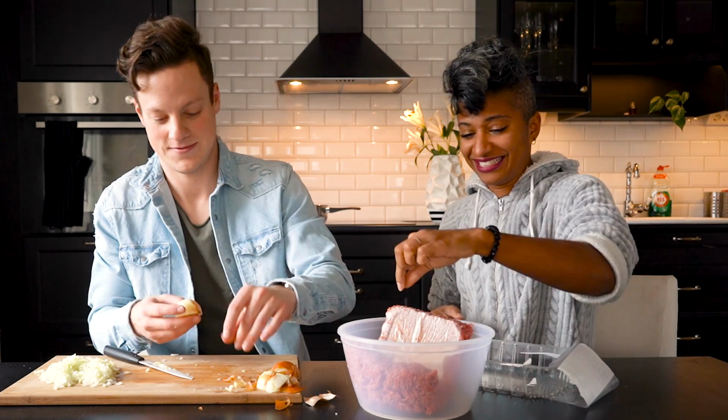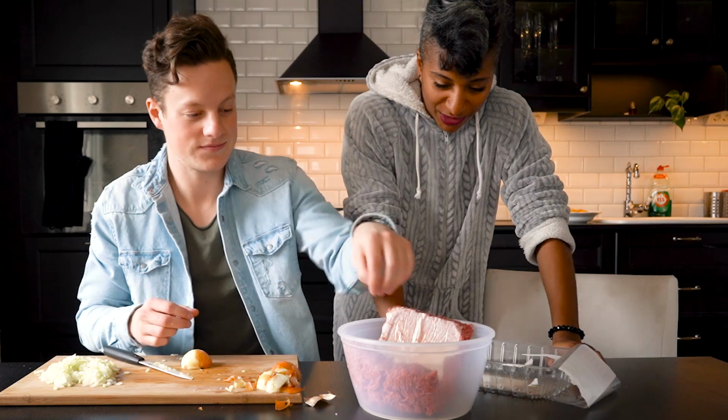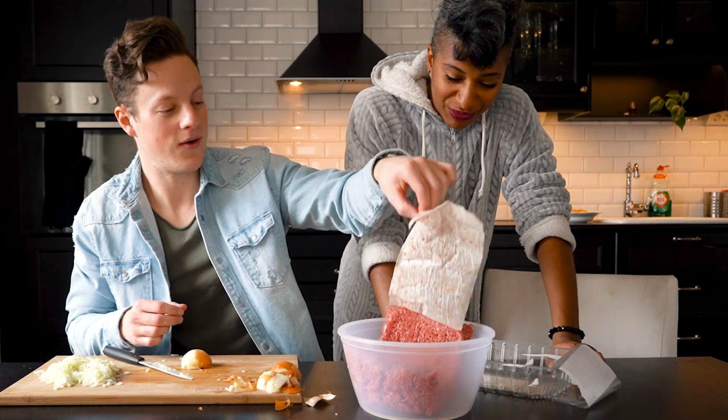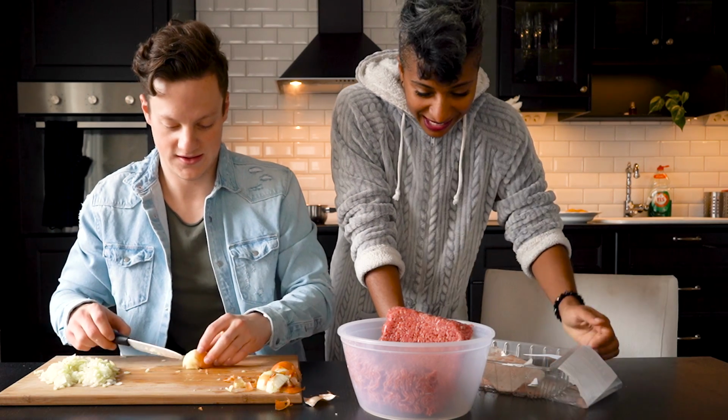Ooh. Oh, I can't touch meat. You can't touch meat. I don't know. I used to be a vegan for the longest time. Oh, you used to be a vegan? Yeah. So for me, it's still really rough to see meat. Why did you switch away from veganism? Well,